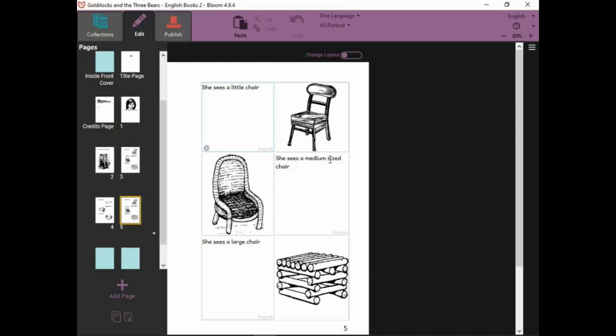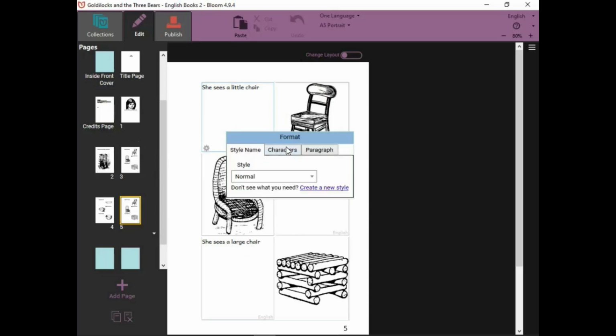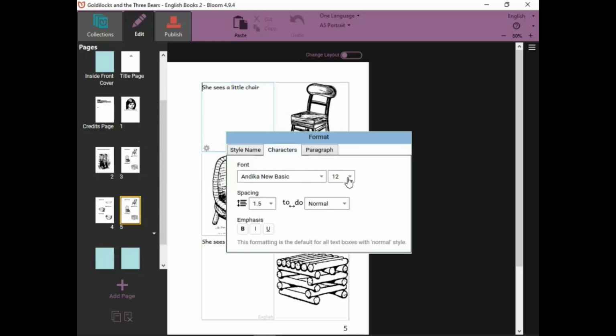I want this text to be small, this text to be normal, and this text to be big. So I can come up here to the little gears some of you have found, go to characters, and change the font size to something smaller,